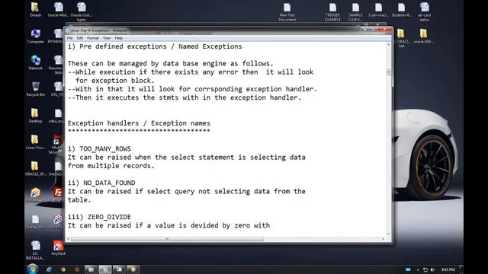If there is no exception block, or if the error is not handled in the exception block, then by default the system will display its own error message. In case the error is handled, then instead of the system error message,